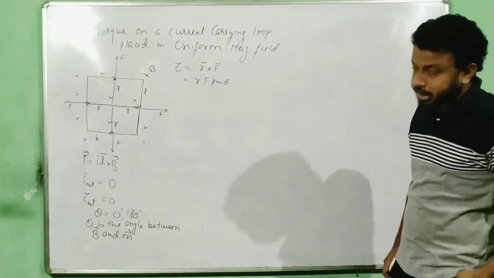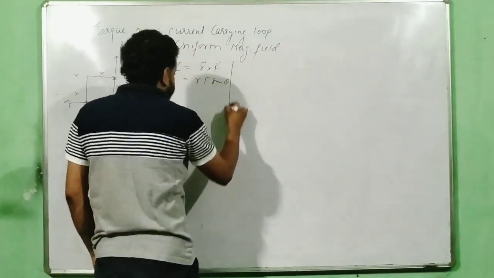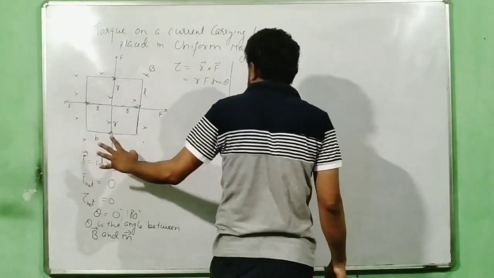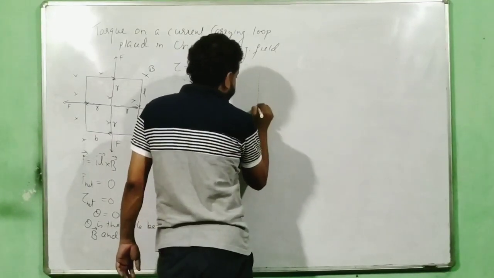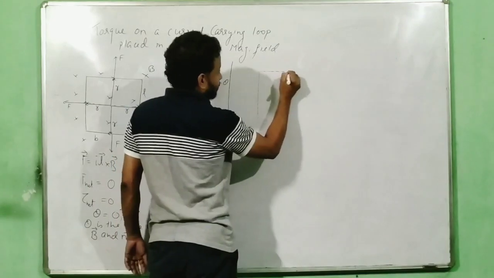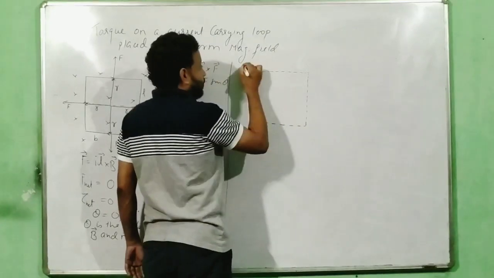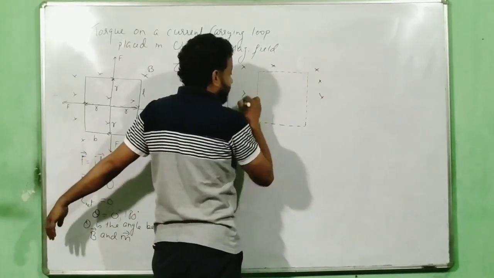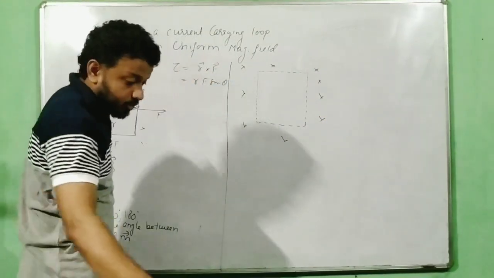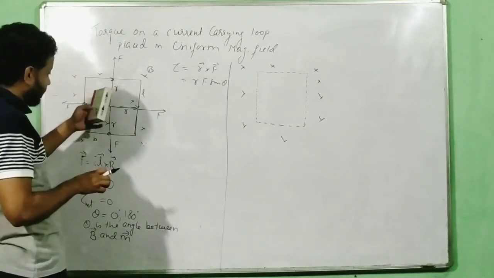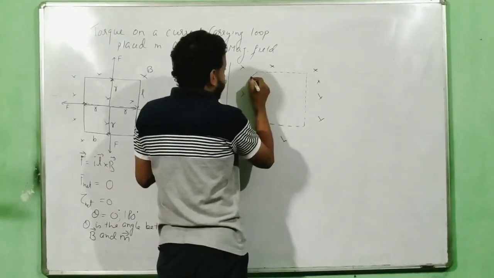So how to create a torque now? What we are going to do now is disturb it a bit. We are going to disturb it, so that basically your derivation starts now. But please make a note of these things. So this was the original position of the loop. Consider that this is how the loop was previously held, exactly the way I have drawn over here. Now let me say that, as I told you, I am going to rotate this one a bit like this. Let us say I am rotating it by a small angle.